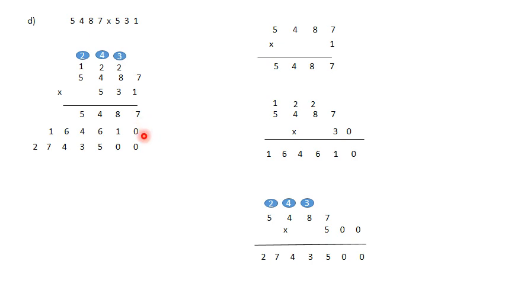Now what we are going to do, we are going to add these three numbers. So we have put a plus, and we are going to add: 7 plus 0 becomes 7. 8 plus 1 is 9, plus 0 becomes 9. 4 plus 6 is 10, 10 plus 5 becomes 15. 5 plus 4 is 9, 9 plus 1 is 10, 10 plus 3 becomes 13. 6 plus 4 is 10, 10 plus 1 becomes 11. 7 plus 1 plus 1 becomes 9, and 2 here as it is. Come on students, just write down this.